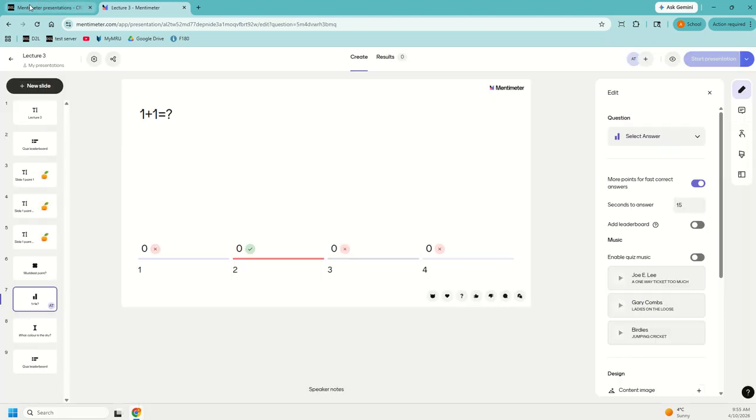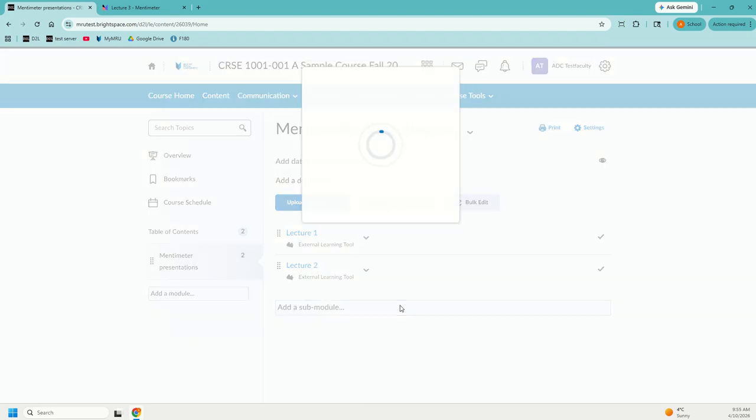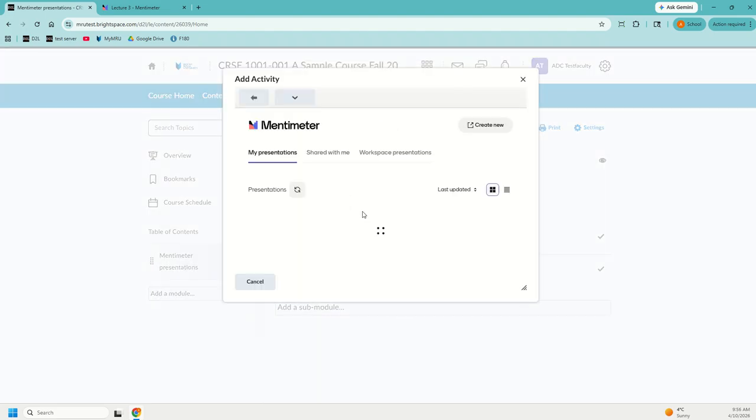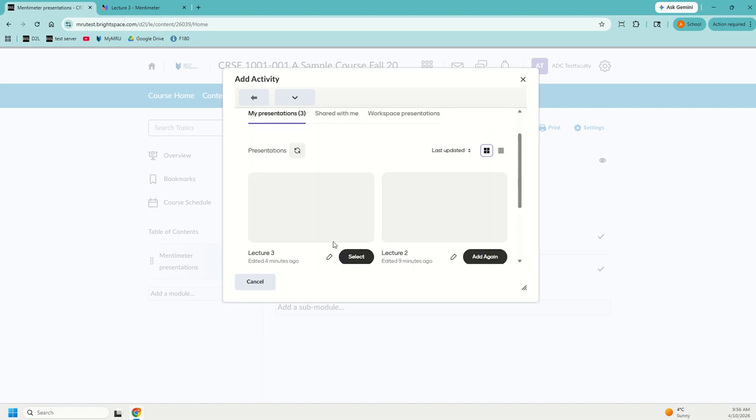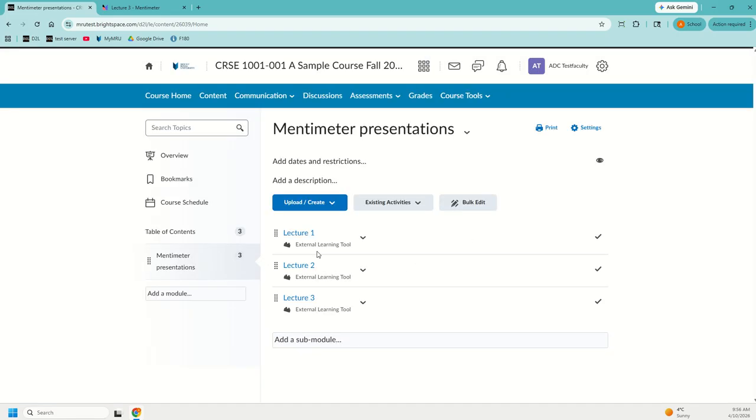So I like it, and then I'm going to go back to my D2L course, and in a content area, in a module, I'm going to go existing activities and Mentimeter link, and I'm going to add lecture 3. Here it is, most recent one on top. Select, and I'm going to definitely choose graded. Anonymous means I can't tell attendance, or I can't tell participation, or in this case grades. And so I always recommend you doing grades, and then add Menti. And then I'm going to launch this,